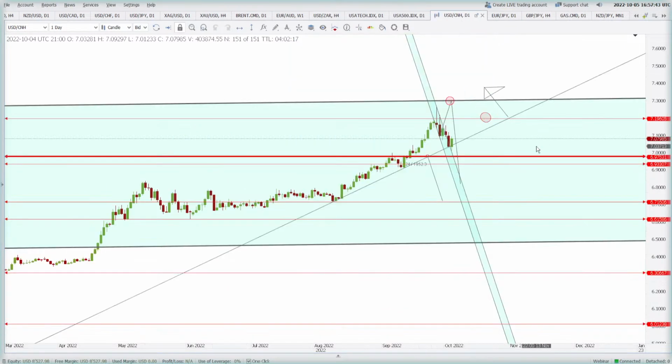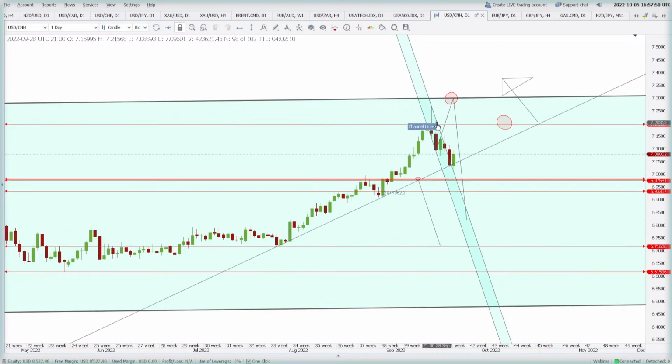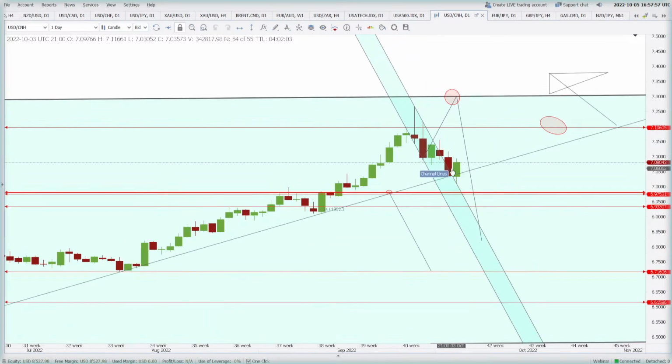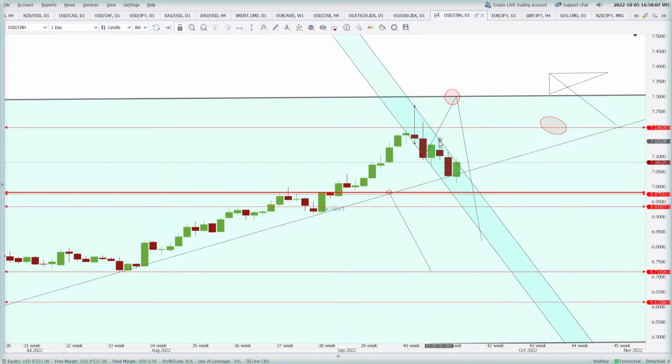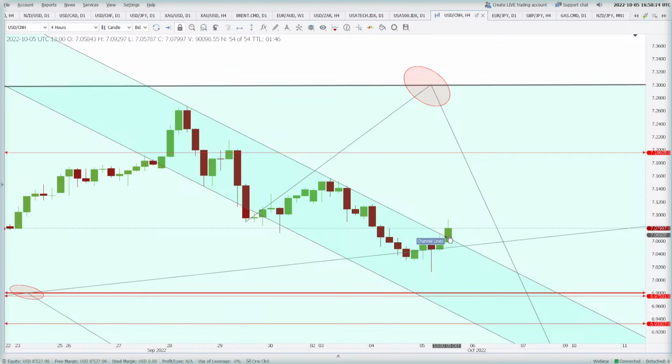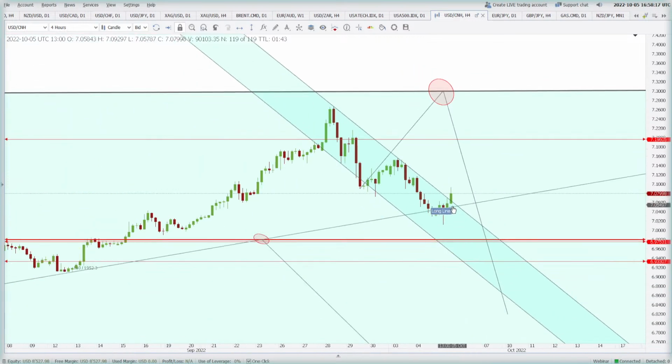Okay, the dollar against the Chinese yuan has got support at this rising trend line. This is a daily trend line, and we were actually expecting some support here, but I don't think this is long lasting, because the bulls failed to go even higher than the previous candle, that is yesterday's candle. If we don't see a close higher than this candle, then the bulls are not able to take control of the market. On the contrary, if the price again closes inside this channel, then the price can go back to